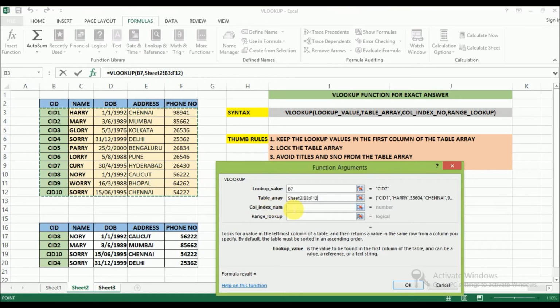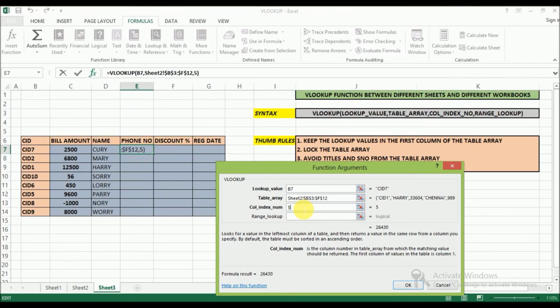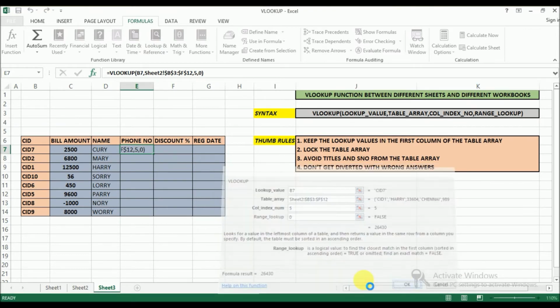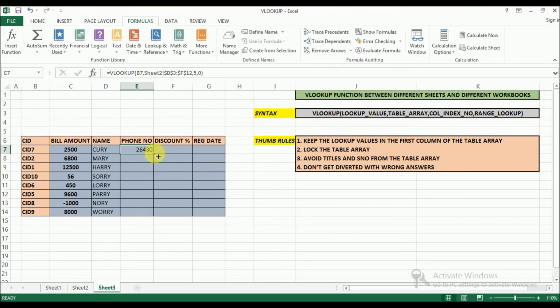Now again lock the table array. Column index number, phone number is in the 5th column of my table array, so I am typing 5. Here also I need an exact value, so I am putting 0. Giving OK, I get an answer.